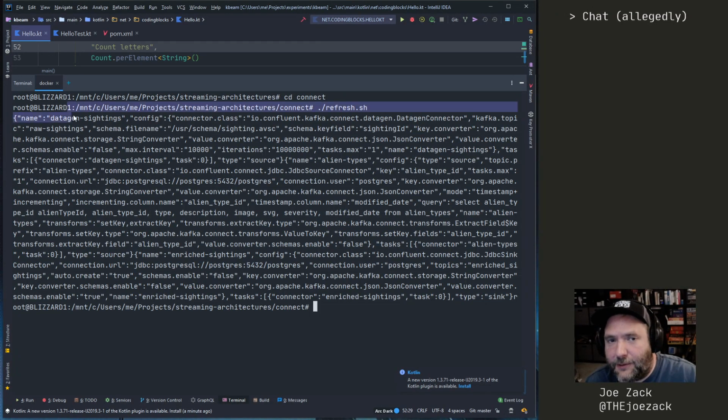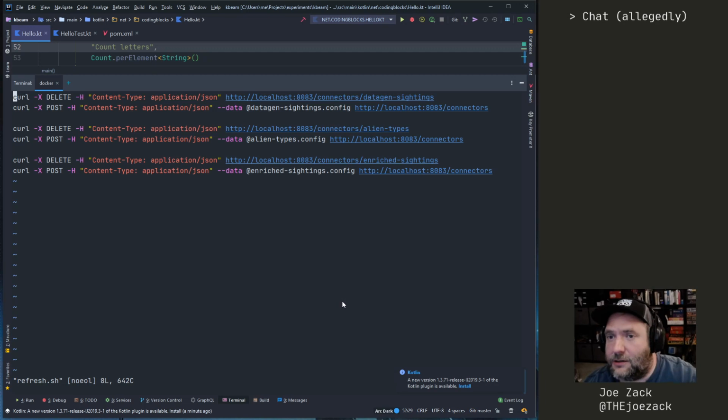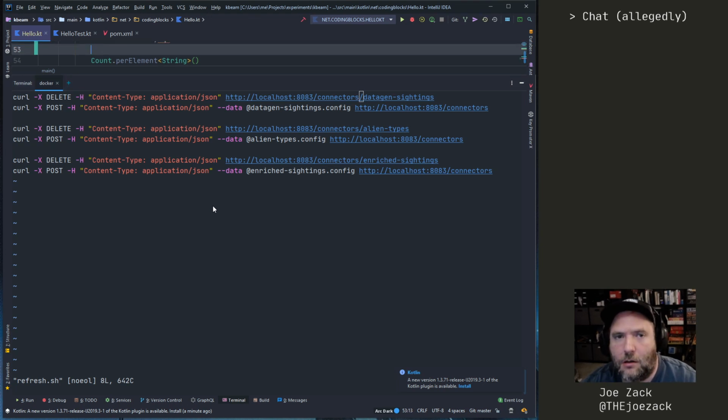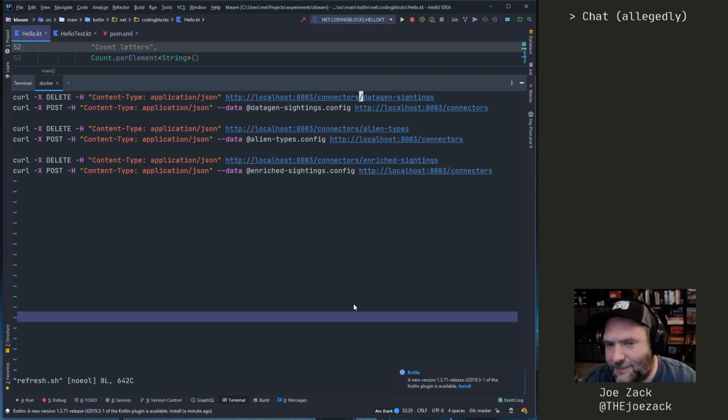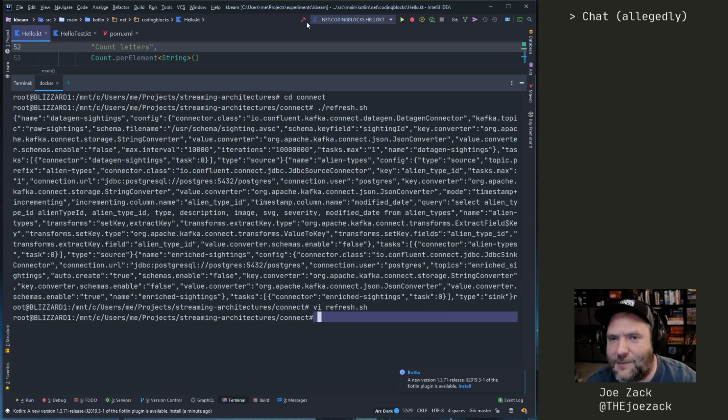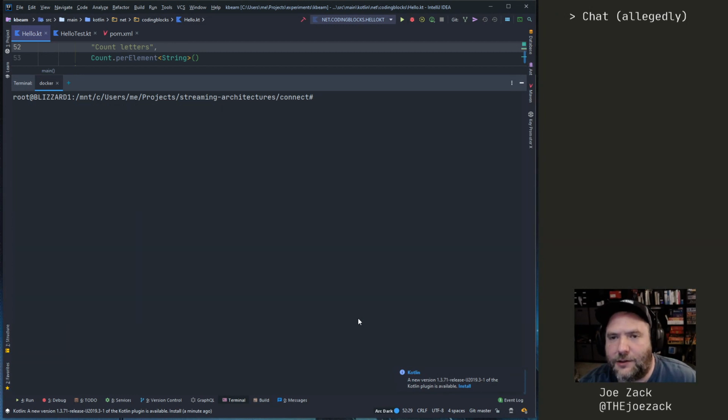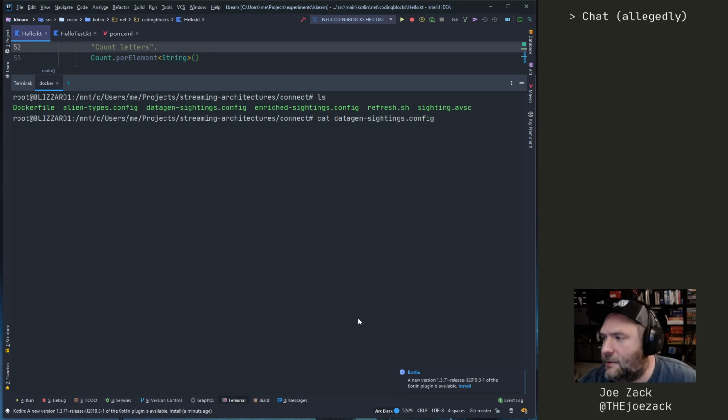All right, so this is impossible to read, but all it does is a couple of curls, and it pushes some files around. So we'll take a look at the one that I'm most interested in, which is this datagen sightings. Every time I hit escape, it keeps bouncing me back up to the code editor, which is not very friendly with vi. So maybe I'll just cat it instead. So if we look at our datagen sightings,